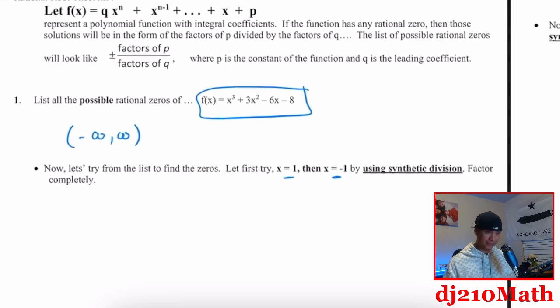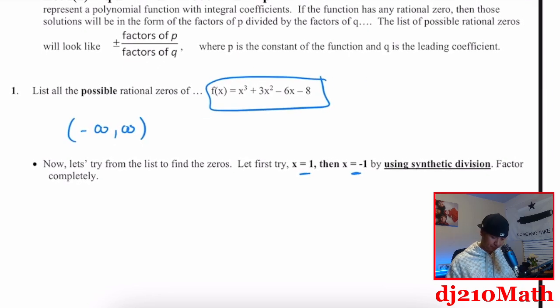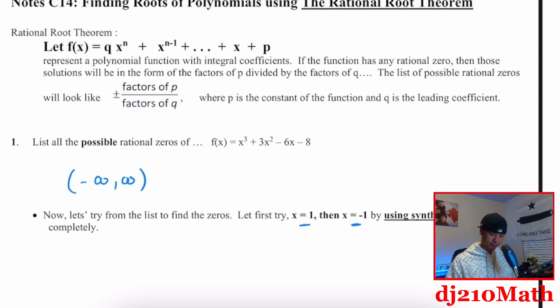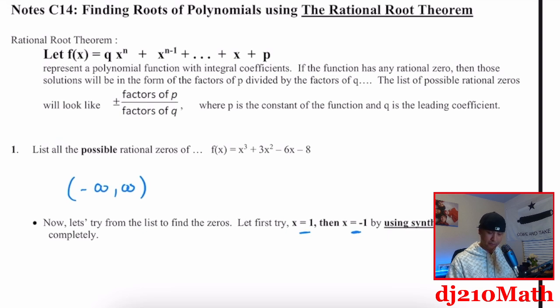So what this is saying is that if you take the way you make the list, take P, which is the last number, the constant, and put it over Q, the coefficient of the leading term. And it's the factors, right? The factors of the constant over the factors of the leading coefficient. Factors are numbers that multiply to make that number. So for instance,